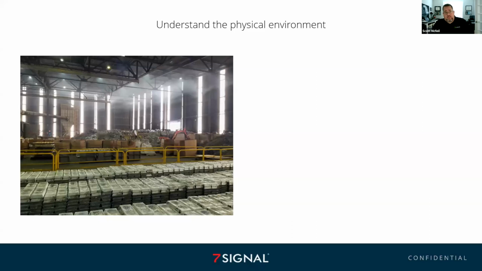Then you see up in the ceiling, you've got all of this vapor hanging out. You've got these gaps in the walls. The walls themselves are corrugated steel. The ceiling is corrugated steel. You have all of this metal as far as the stock is concerned, reinforced concrete flooring, fork trucks running around. You need to be able to really get a grasp of everything that's going on